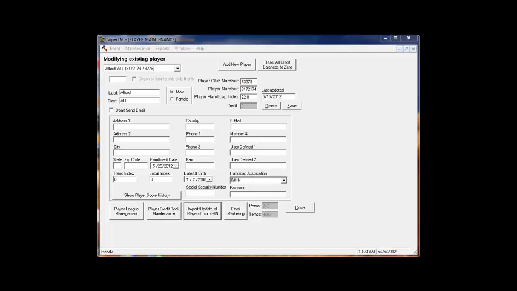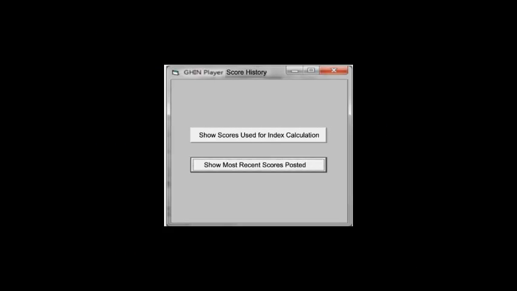The GHIN interface also provides the ability for you to view the player's score history. Pressing the Show Player Score History button will open another form to enable you to show either the scores used, last 20 scores, or however many there are, scores used to make the index calculations by GHIN, or there's an option to show the most recently posted scores, which would also include any scores that were posted from Viper